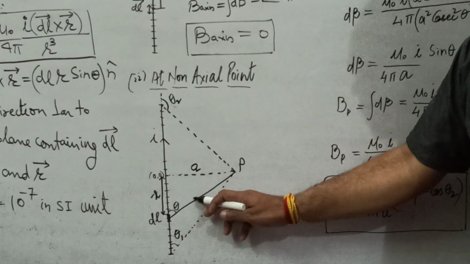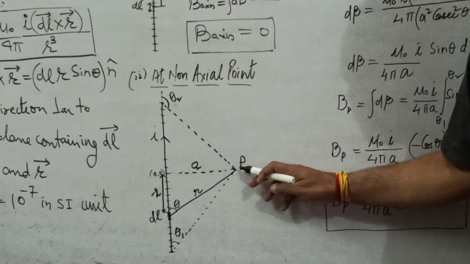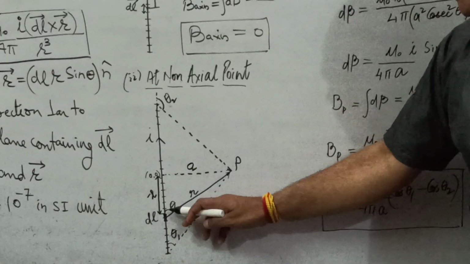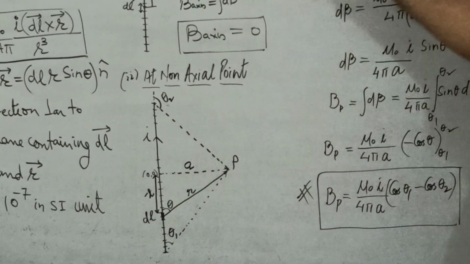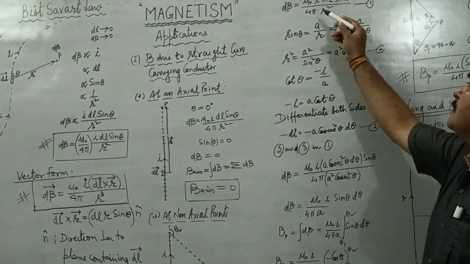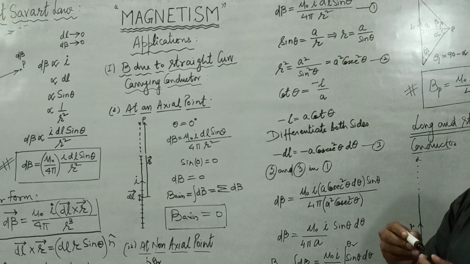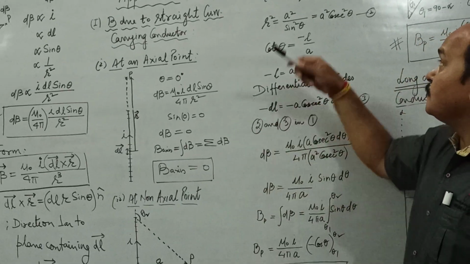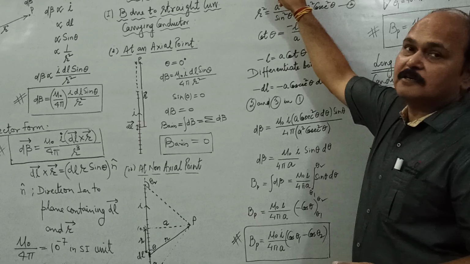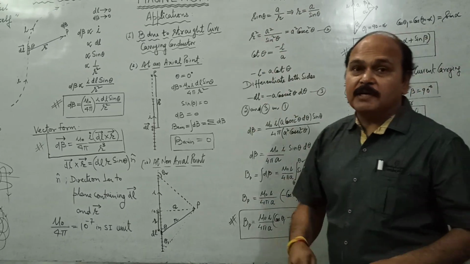We get r. An angle between this position vector and dl is what? Angle theta. Therefore the magnetic field because of this very small current carrying element is going to be what? Mu naught I dl sin theta upon 4 pi r square. Well, what is the total magnetic field at this point P? Now we should integrate it. But we are not in a position to integrate it right now.